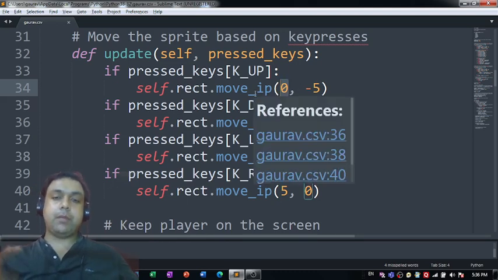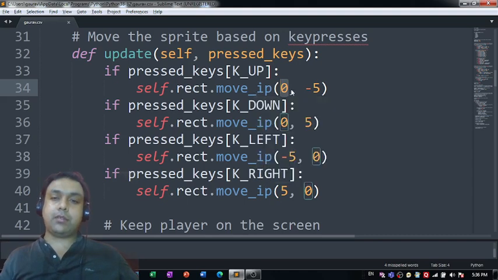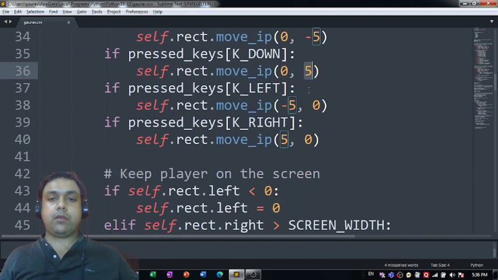Then you will be able to understand these things in a better way. Okay, if the user presses the downward direction key, the player should start moving downwards. So that's the reason I've passed a positive value here for the y part of the coordinates. And similarly,